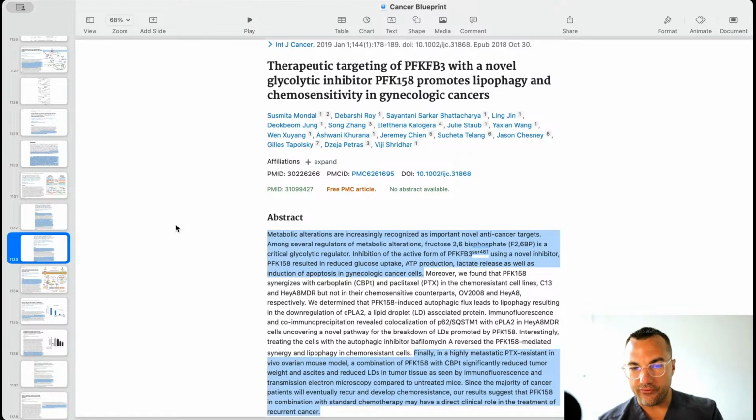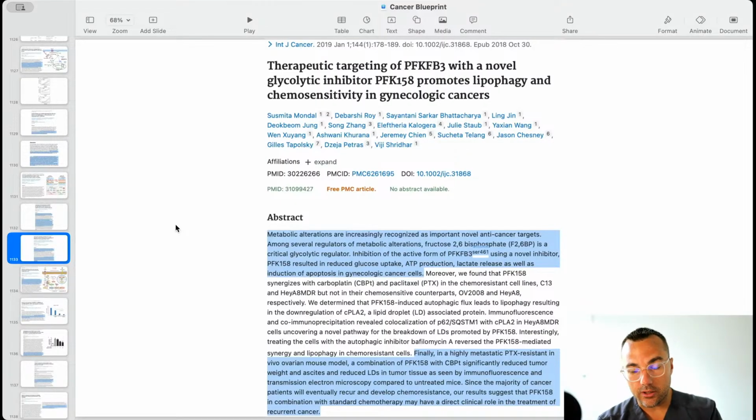It says later that finally, in a highly metastatic paclitaxel-resistant in vivo ovarian mouse model, a combination of PFK158 with CBP, carboplatin, significantly reduced tumor weight and ascites, which is like a buildup of fluid around